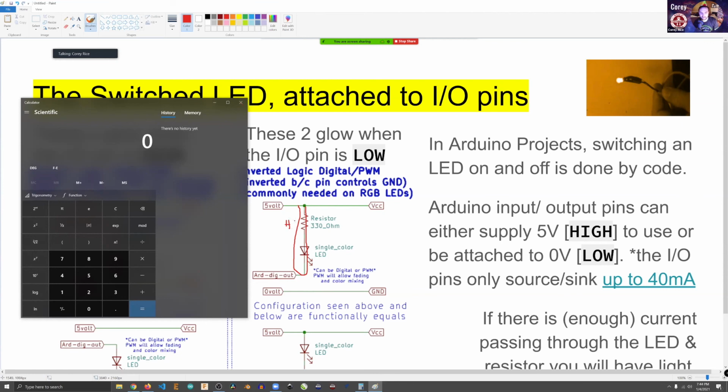It's just looped back around to 5 volts, and then there's no voltage difference that gives it any reason for current to flow through the diode. But if I go the other way and attach it to low, then it's got a path where it can make it all the way to ground. So it gives it an opportunity to pass current all the way through if you write it low,